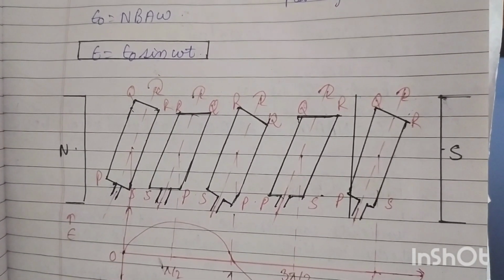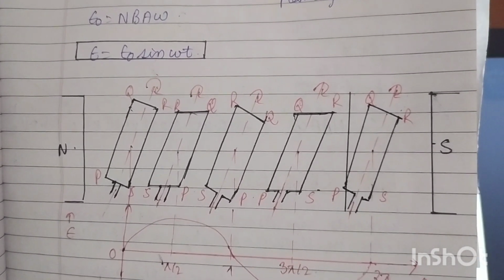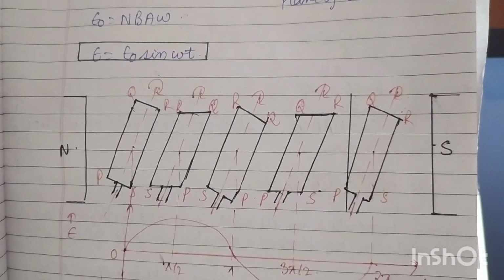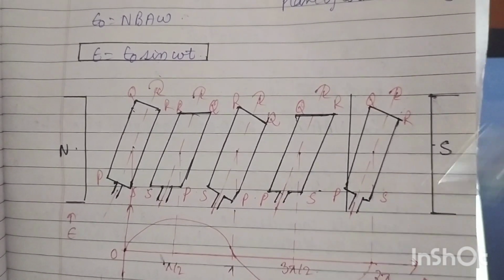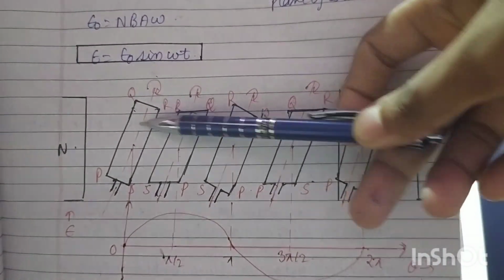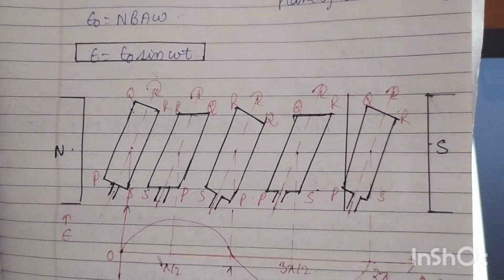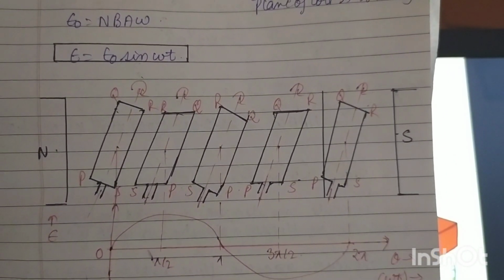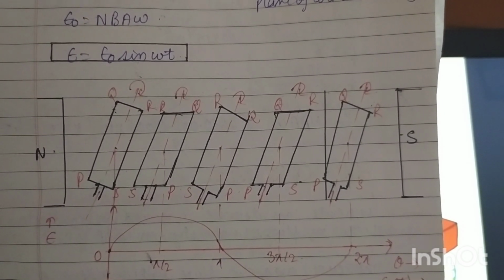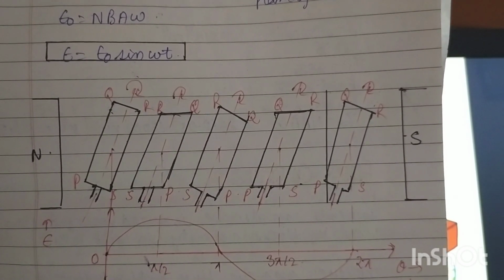Now if the angle theta between them is pi, that means 180 degrees, and the value will be sin pi, which we already know is 0. So we get a 0 value. So we can see the orientation of the first and the third part, that is when the coils are placed at angle 0 degree and pi. We get the value of induced EMF as 0, that means we get no induced EMF in these orientations.